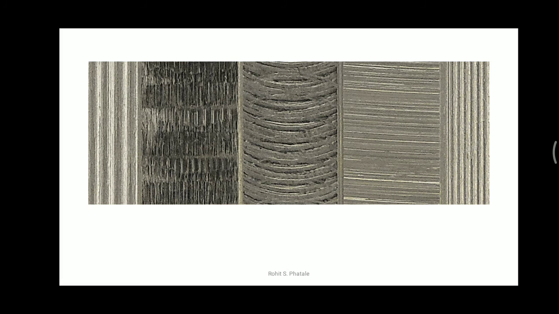So this is the roughness pattern. In this you can see the roughness is straight. In this the workpiece is different, or the roughness pattern is different. Again, here a curvy roughness pattern is there. All these are the roughness patterns that we see on the metal surface after the machining process.